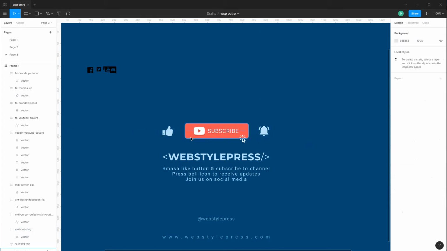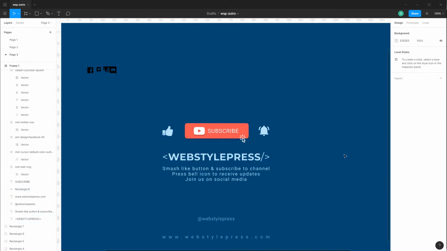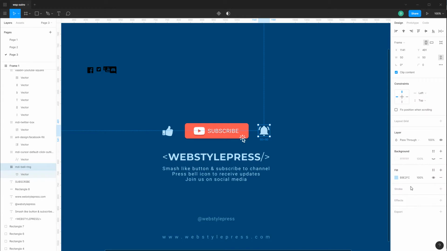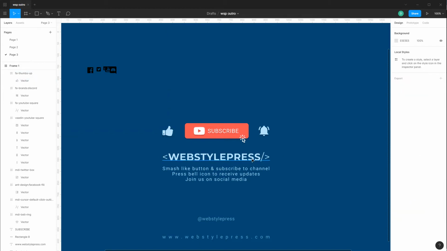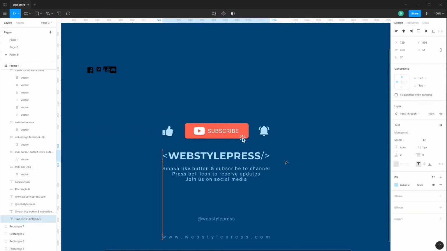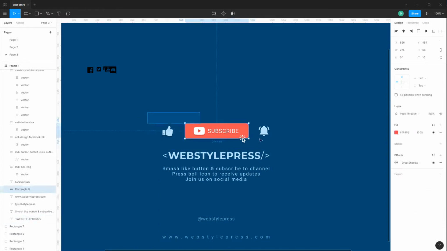Perhaps I should give a drop shadow to this button as well. All right, so it pops out a little bit. And how about these icons? Drop shadow, drop shadow. All right, okay, I want to make all these